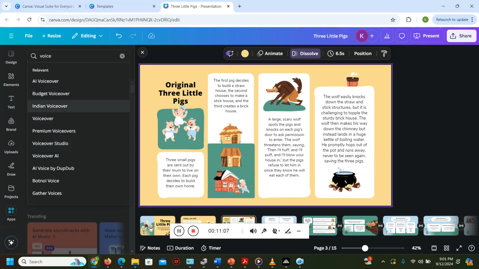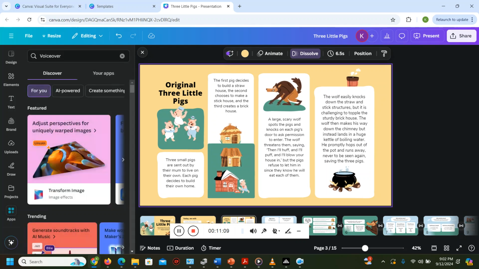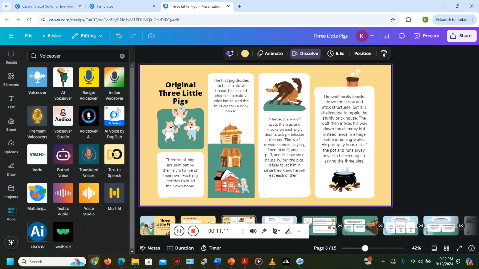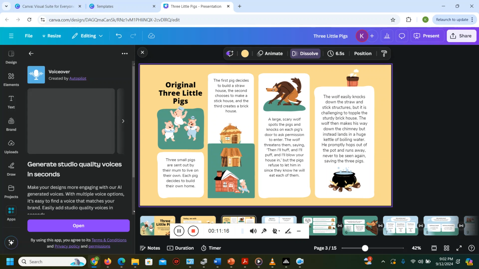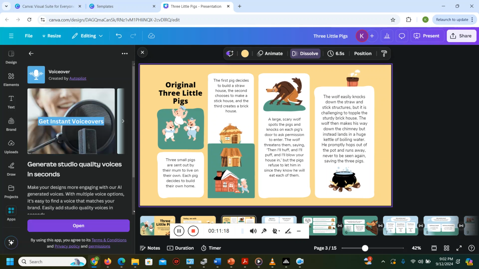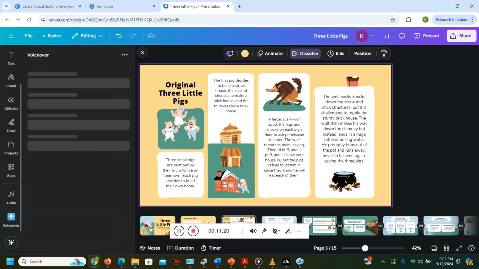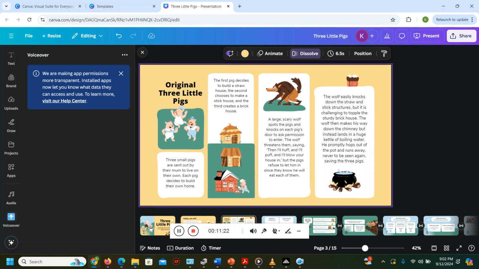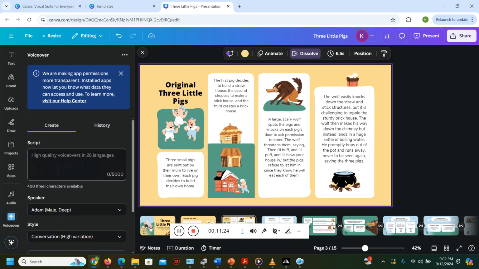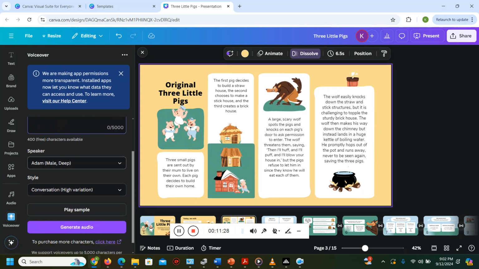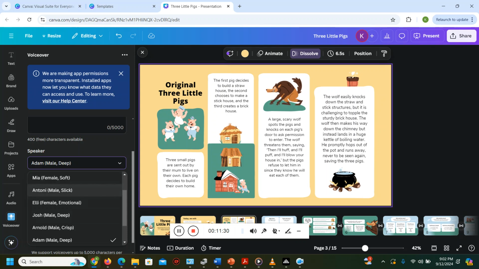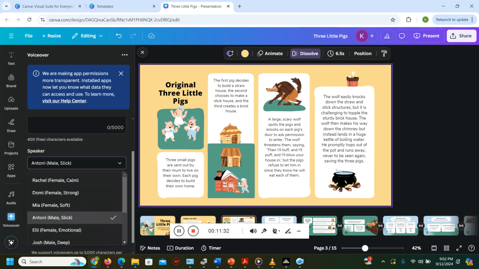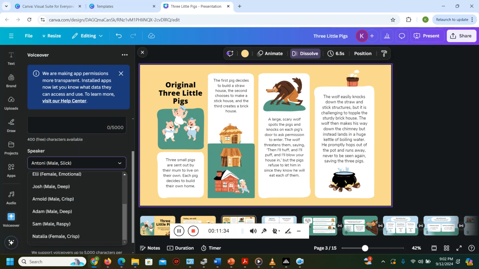You can see Indian voiceover, or you can click voiceover, and you can, in fact, choose an app that you can use to add your voice to the piece. Right? And when you type it in, you can choose a voice that you want, whether it be a male, a female, or